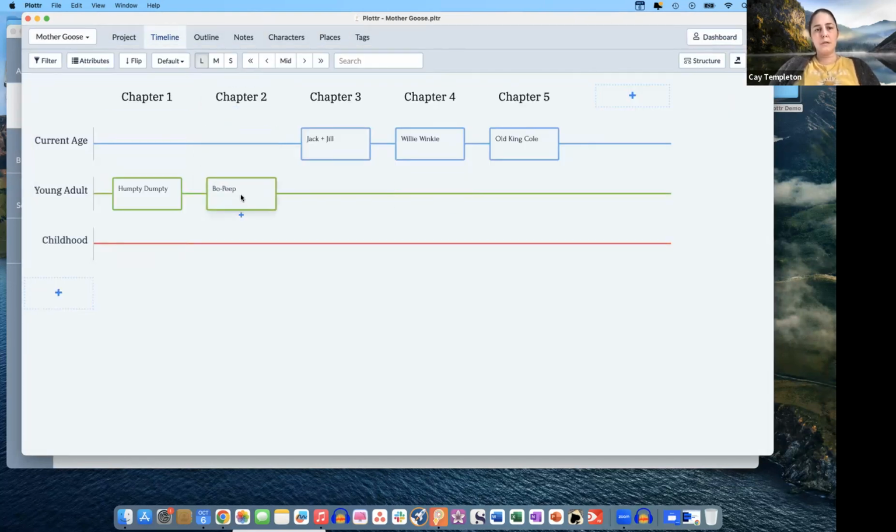Bo Peep is young adult. Jack and Jill is current age. Wee Willie Winky is current. Old King Cole is current. Okay, I think she gets into her childhood stories later on this season. This is how I like to track my actual stories for Mata, because I got to make sure no stories